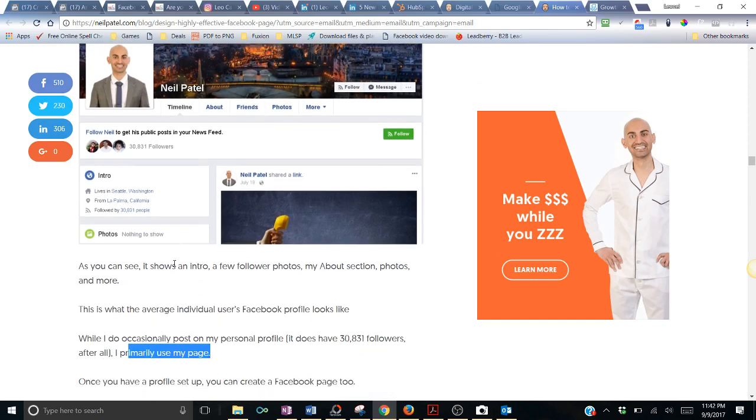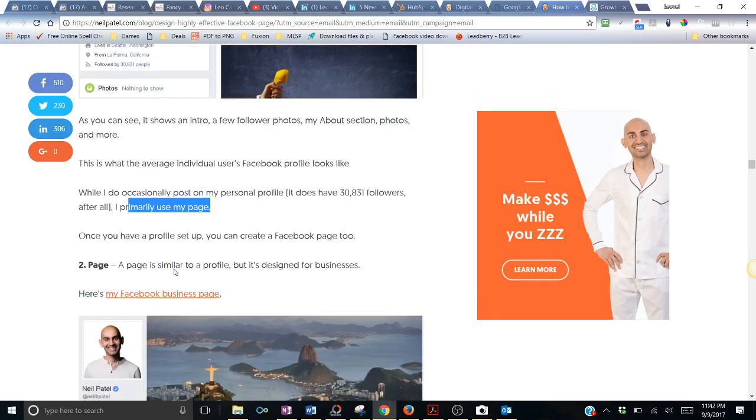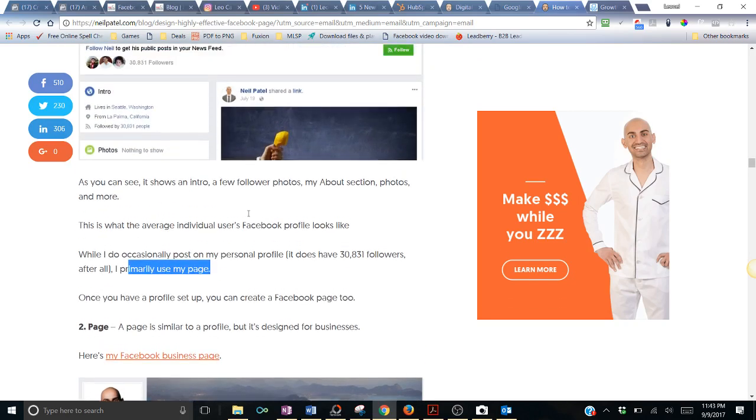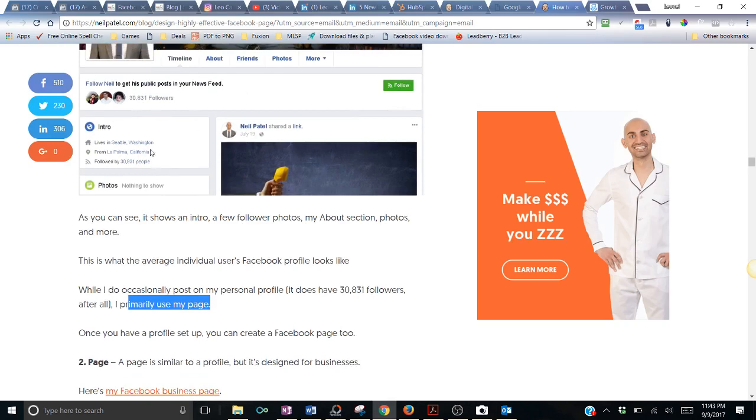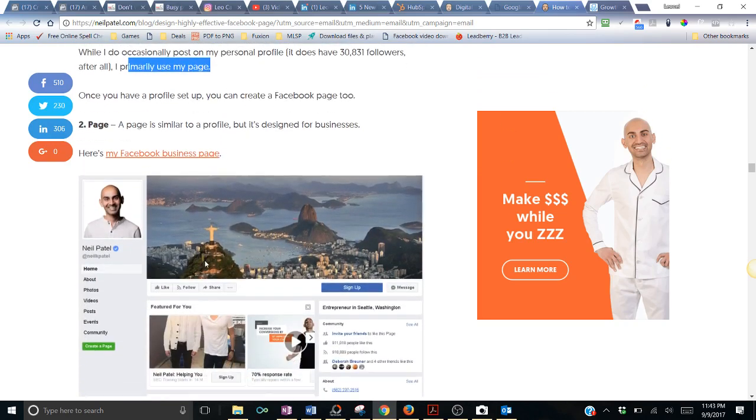While on that business page, you don't have a limit. You can connect with as many people as you... or actually, yeah, you can invite as many people as you want onto your business page. But you cannot invite people to connect with you on your personal profile. So